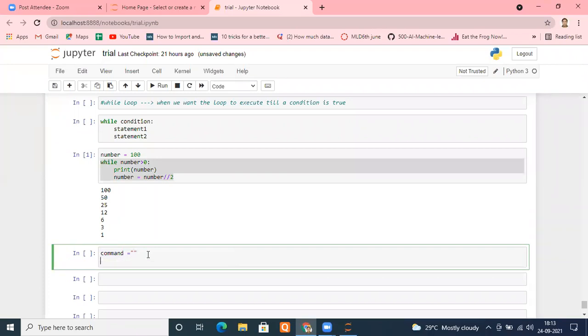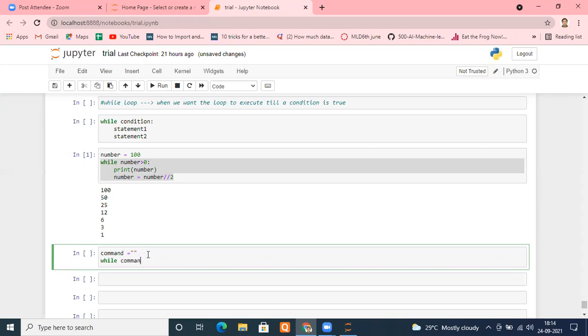What I want is, till the user gives the command quit, I have to keep asking him the command. I repeat once again, I will keep asking the user for the command till he gives the command equal to quit. Once it is quit, I will not ask him for further commands. So how can we implement such a scenario in a while loop? Simple, very simple.